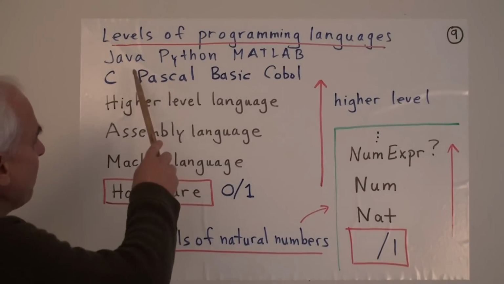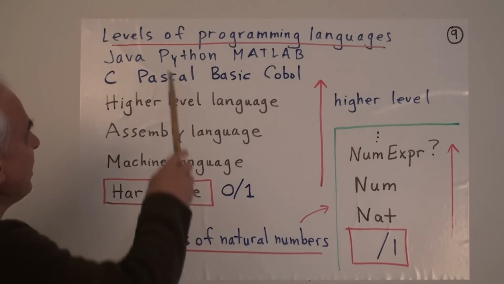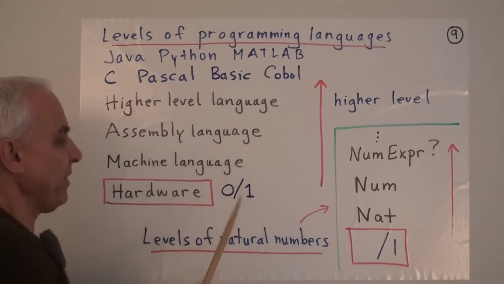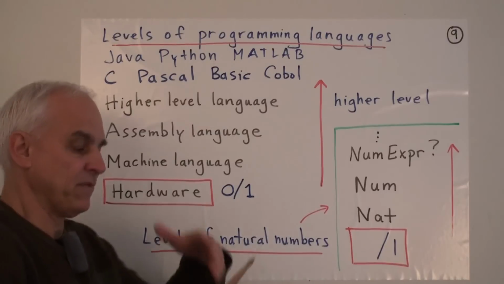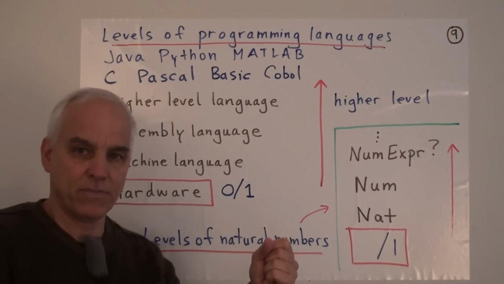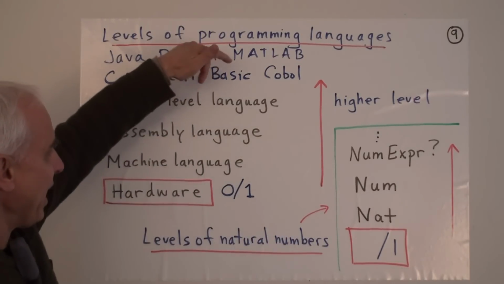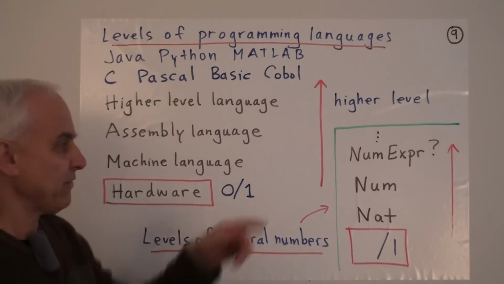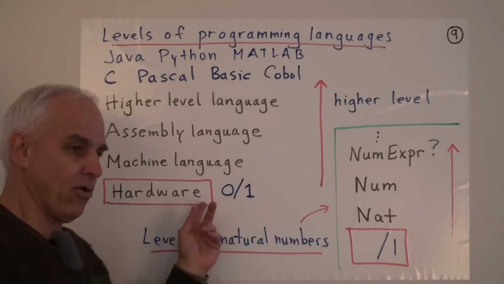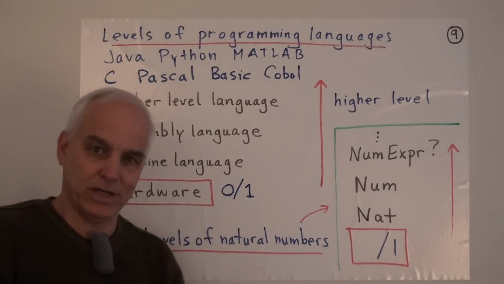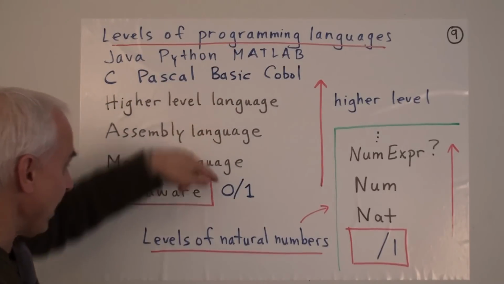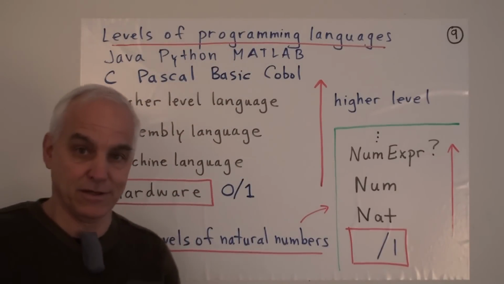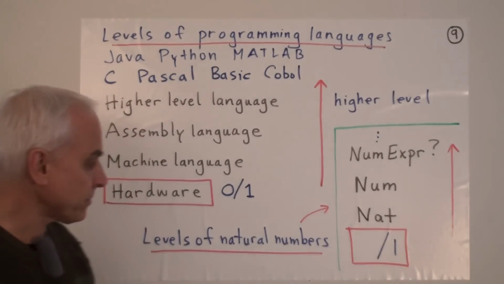And then there are maybe even higher level languages, maybe Java, Python, MATLAB, things like that. Okay, so there's a kind of hierarchy of sophistication and of power. But ultimately, to actually run, you have to go down and tell the machine what to actually do. So unless you have some logical stream that ultimately goes down here and is consistent and correct, your program's not going to work very well.